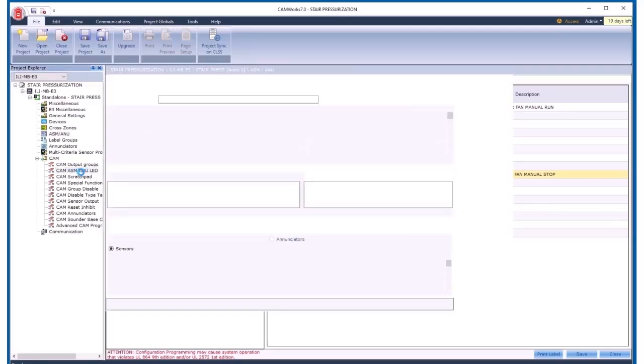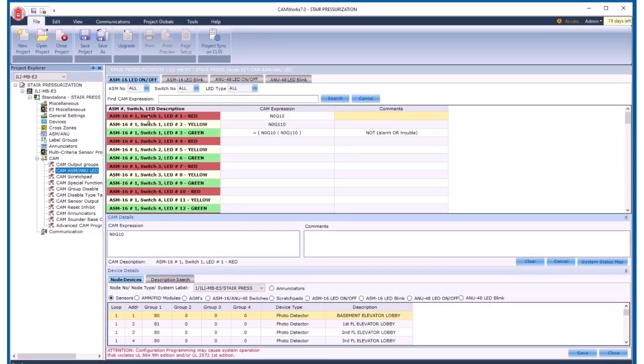Then to program the lights for that, we're going to look at just switch 2. So the first switch, the one that'll be up on the upper left, there's our fan running group. There's our alarm, and the fan is not running, and steady green is the switch is not pressed. If I go down to switch 9, the only steady light I've got is the switch is not pressed. Looking at the